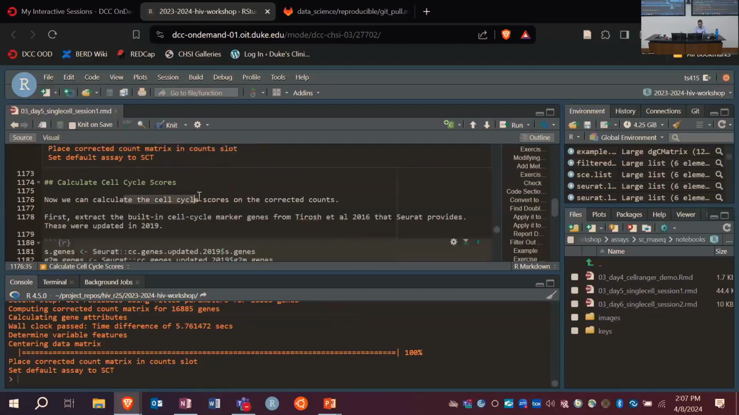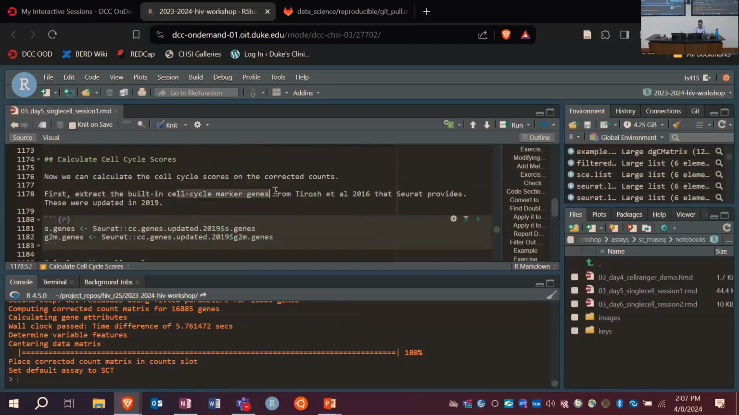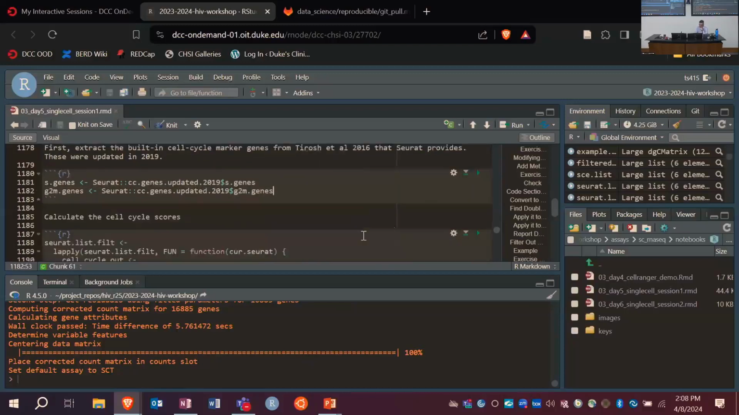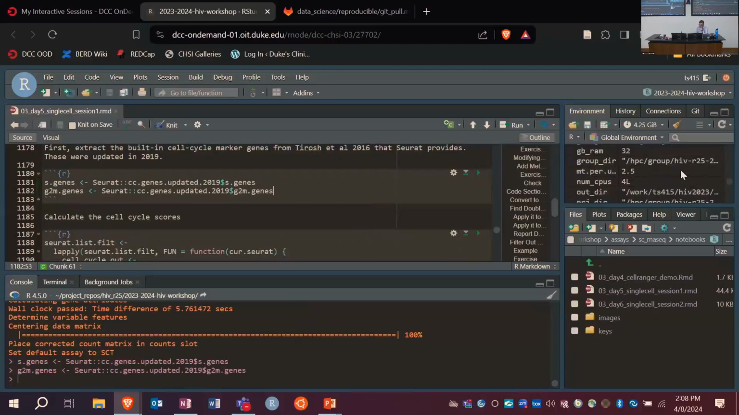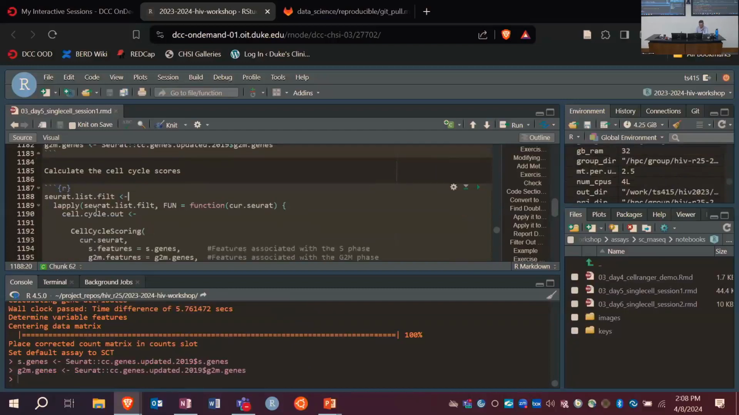So then we can go ahead and calculate the cell cycle scores on those corrected counts. We're going to use the built-in cell cycle marker genes from Tirosh et al. 2016 that Seurat provides. They were updated in 2019, actually. So you can access those in the Seurat package. They're called cc.genes.updated.2019. There are genes that are associated with the S phase and genes that are associated with the G2 or M phase. So we just create a vector of gene names for those,